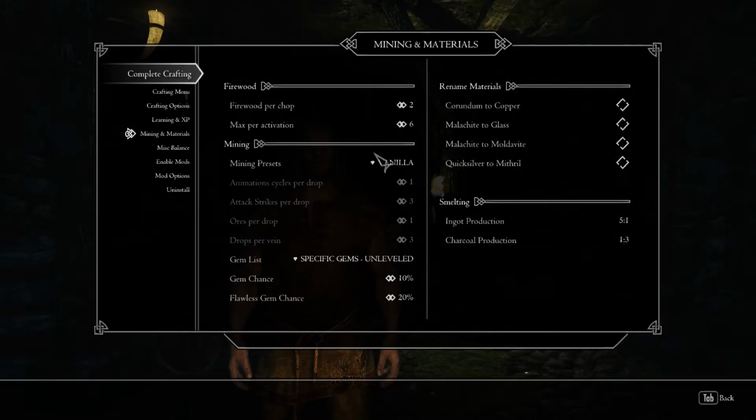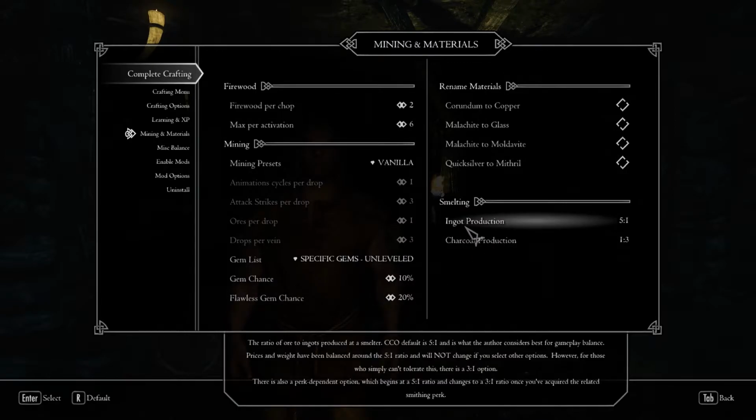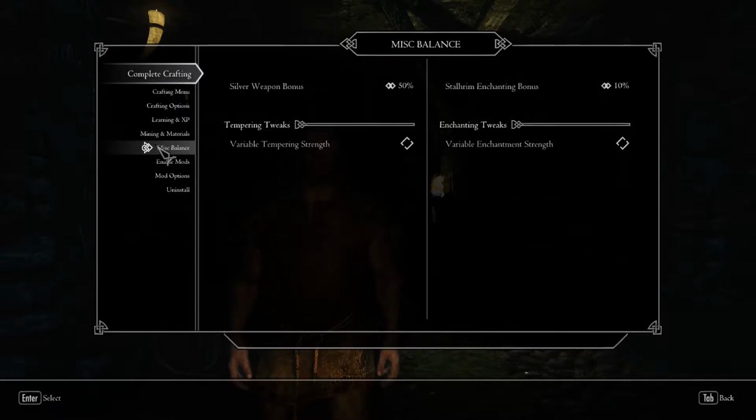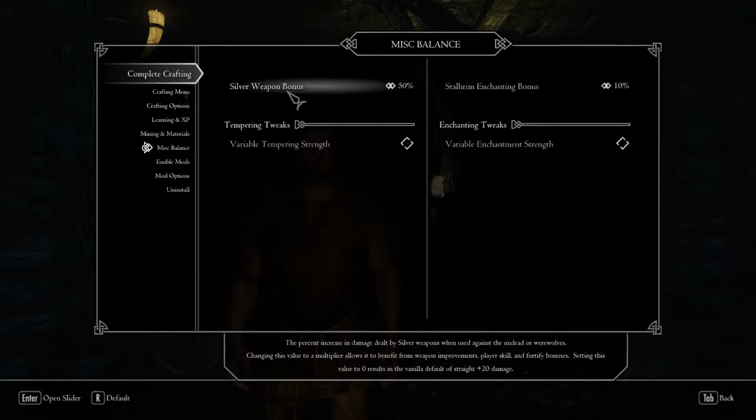Mining and materials, this is mostly default. In fact, I think entirely default. It's very important that ingot production is set to 5:1. That is balanced with the rest of Ultimate Skyrim's economy, but these are the default settings, so you shouldn't have to worry about that. Misc balance, the silver weapon bonus, you're going to want to make sure that is 50%,